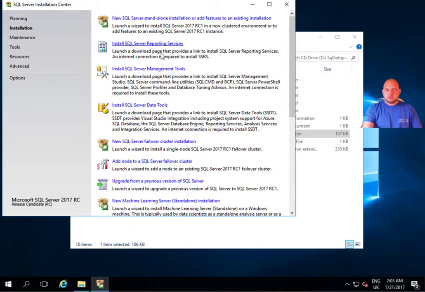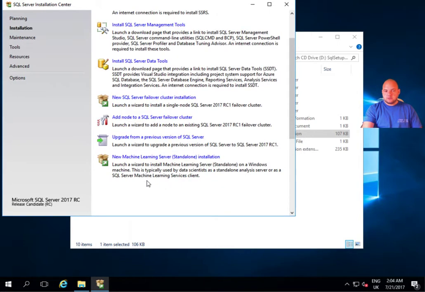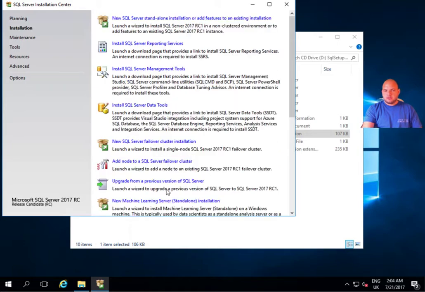Other options here are install reporting services, install management studio, and I can install data tools. These actually take you off to the web to download the components for those. You can do a SQL Server failover cluster install, add a node to a SQL Server failover cluster, and do an upgrade from a previous version as well. We've got the new machine learning server here as well, and we'll have a look at that in another video. So I'm going to click on the new SQL Server standalone installation,